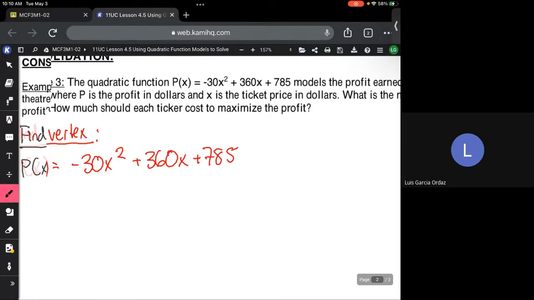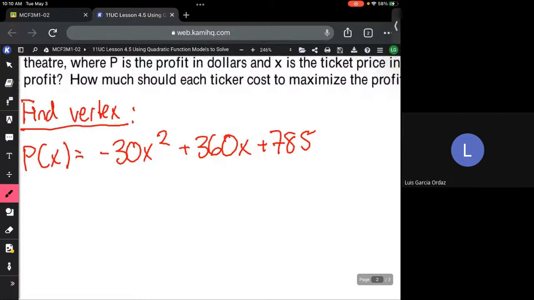So when we complete the square, what are we focusing on first? The first two. I remember you bracket the first two. So remember, x squared has to be by itself. If x squared isn't by itself, I need to find a common number that can be divided by both of them. Olivia, what's that number? Is it negative 30? Yeah, negative 30. So we're left with x squared minus 12x